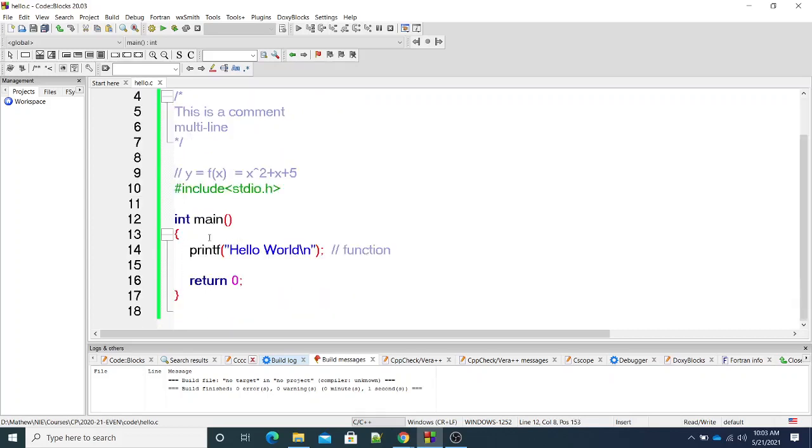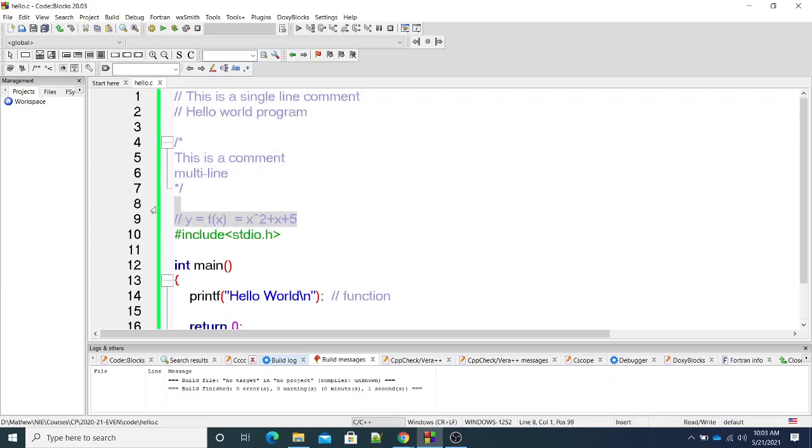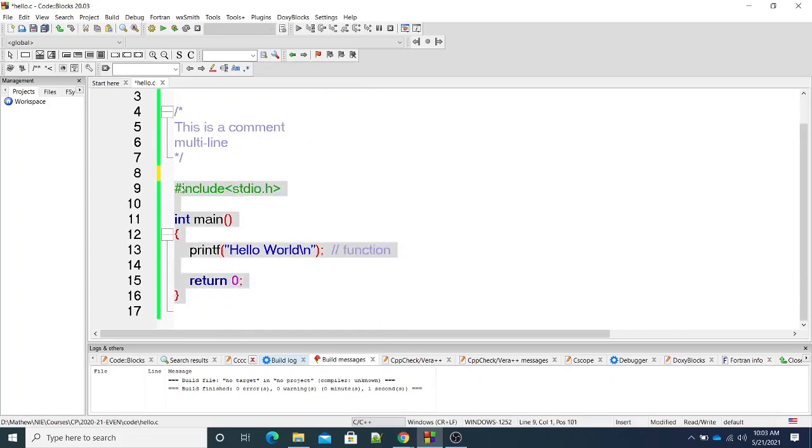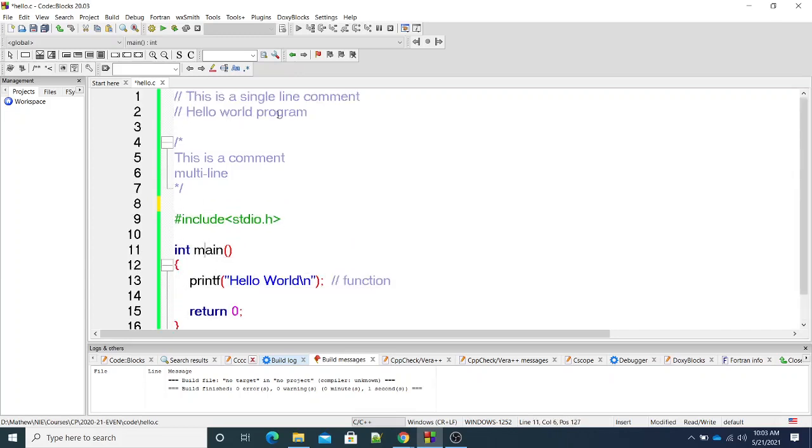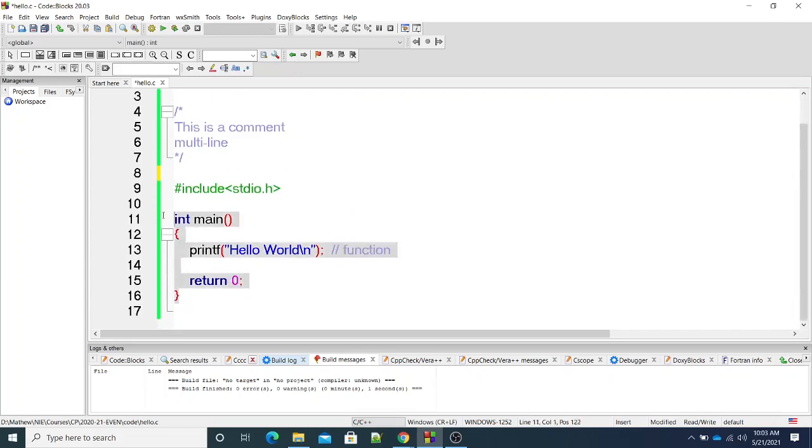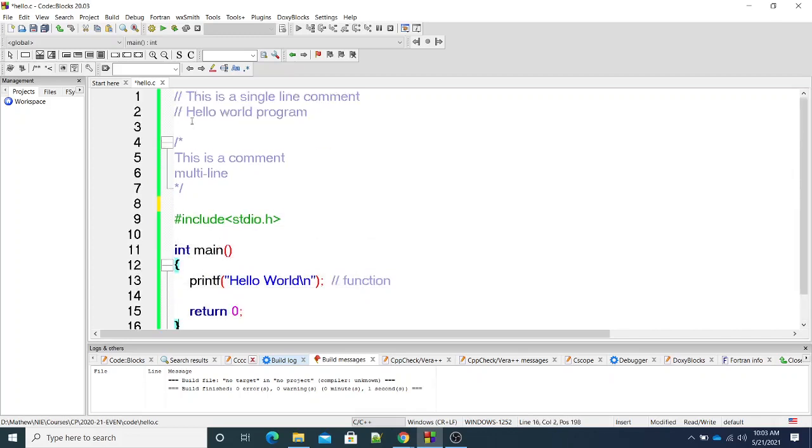Now when you write a program, normal people cannot understand what is written here. If I write a program, somebody who does not know C language will not be able to follow this. If I want to explain to such a person the task performed by this C program, I can explain it using plain English. Did you get it? In the program itself, I can write it in plain English.